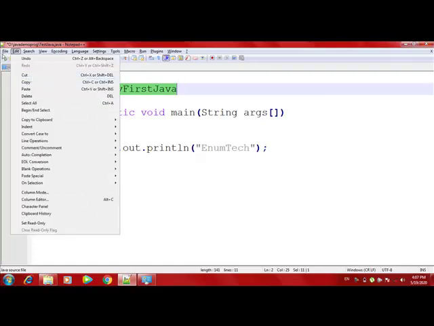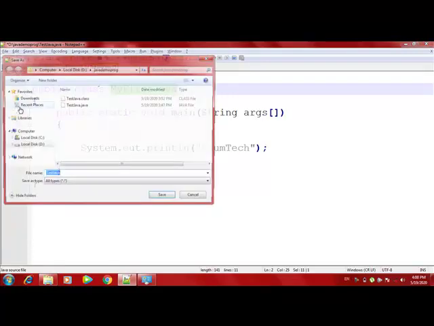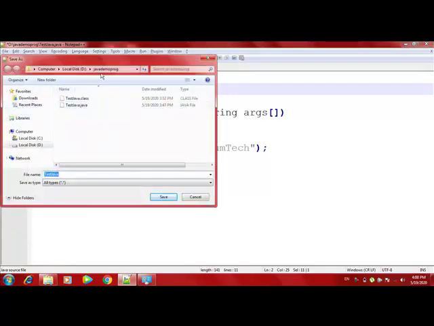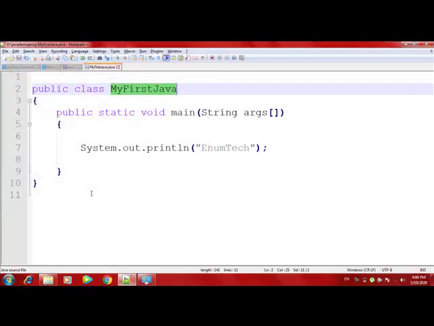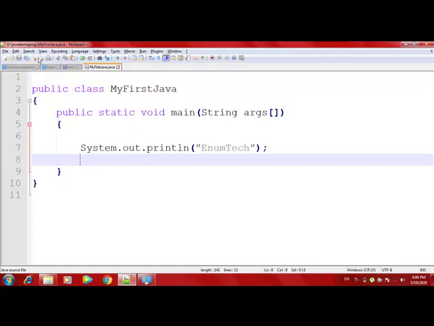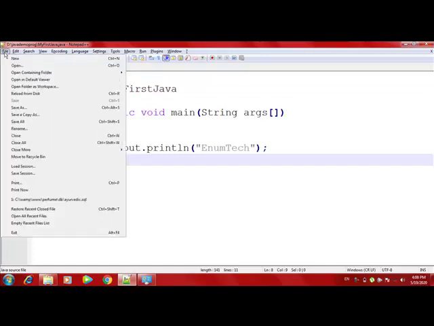So if I go and save as, I've made this folder, so I'll save this as my first Java, and the extension will be .java. Once you have saved this, go to file and go to open containing folder and